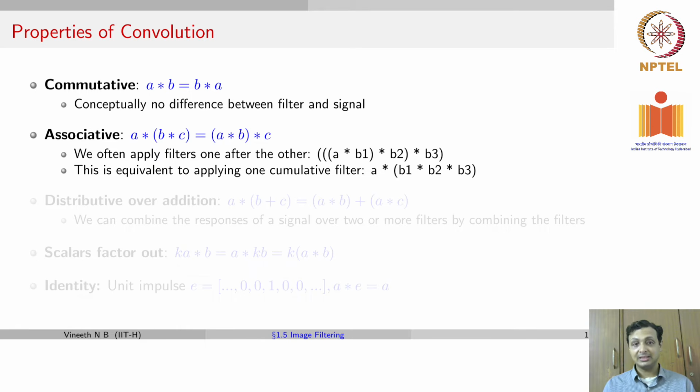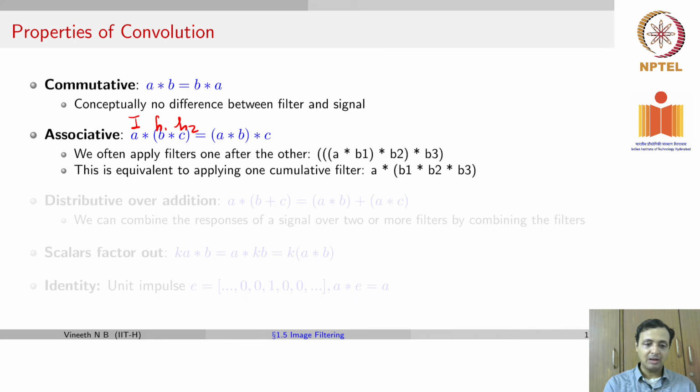The second property is associativity, which says A convolution B convolution C is the same as A convolution B convolution C. Why is this important? If you took an image given by A here, and you had two different filters B and C,